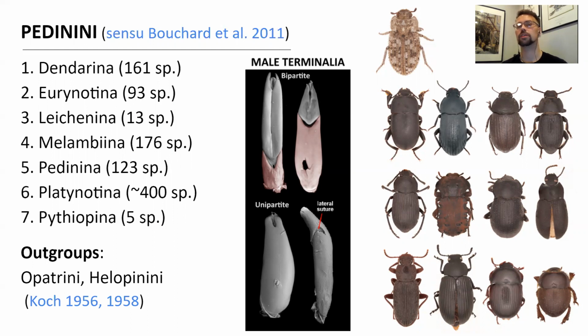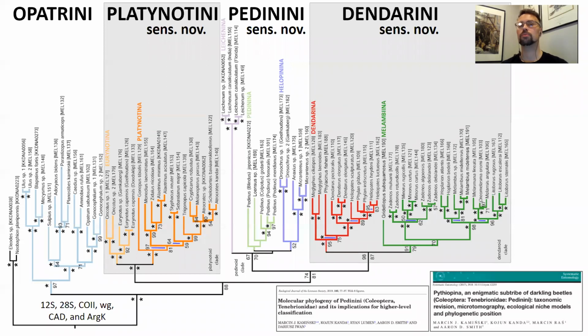In the case of the first tribe, Opatrini, a close relation between this tribe and pedinoid beetles was postulated by many authors, while in the second case, Helopinini, there were only a few remarks scattered throughout the literature. The conducted phylogeny produced fairly reliable trees in terms of the branch support and the convergence of obtained topologies with